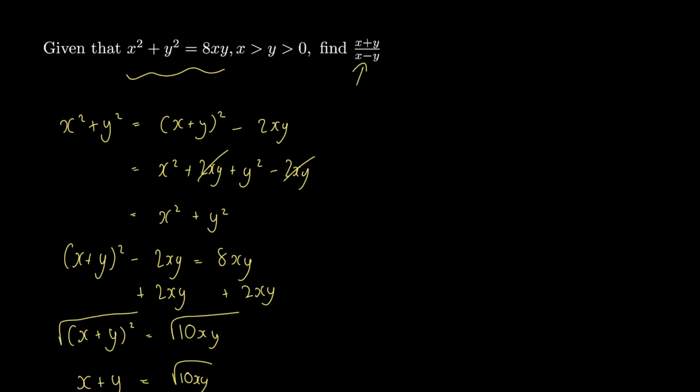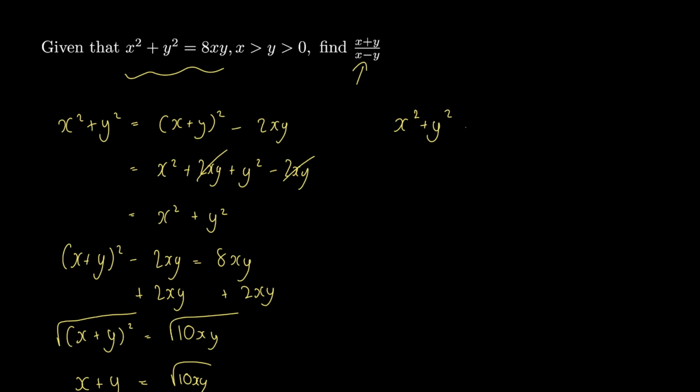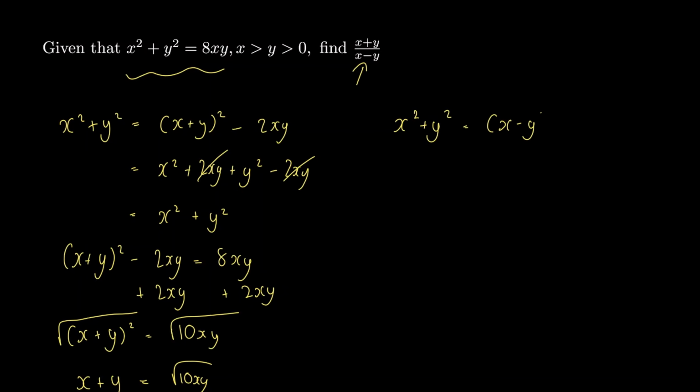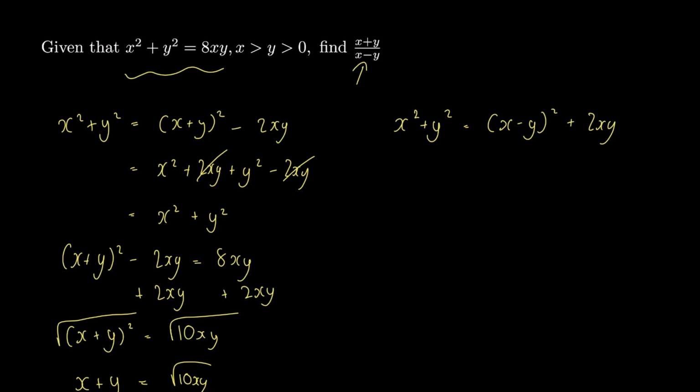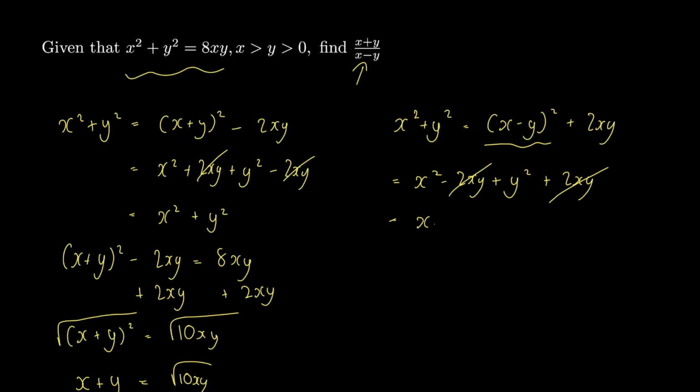Now we need to get an expression for x minus y. Well, notice that we can again rewrite x squared plus y squared as (x minus y) all squared plus 2xy. We can do this because if we expand what we have here, we get x squared minus 2xy plus y squared plus 2xy. These two cancel, and we're just left with x squared plus y squared. So we can rewrite x squared plus y squared as (x minus y) all squared plus 2xy, and this is